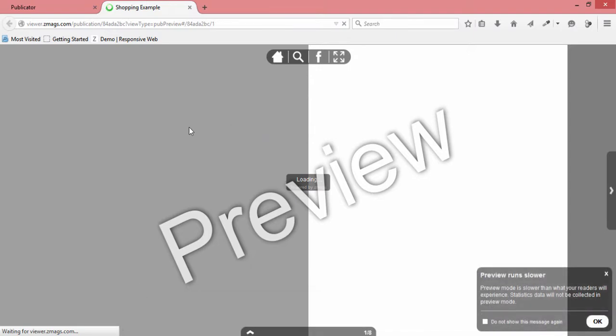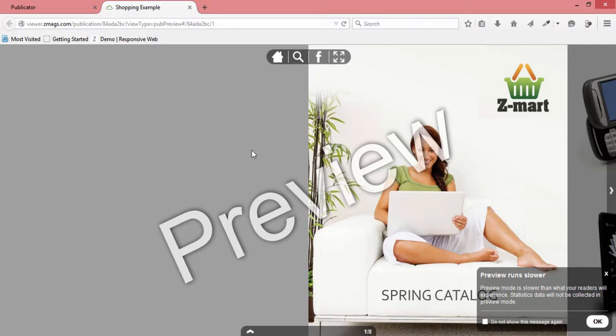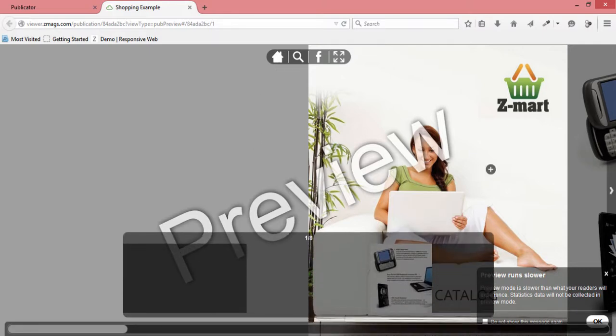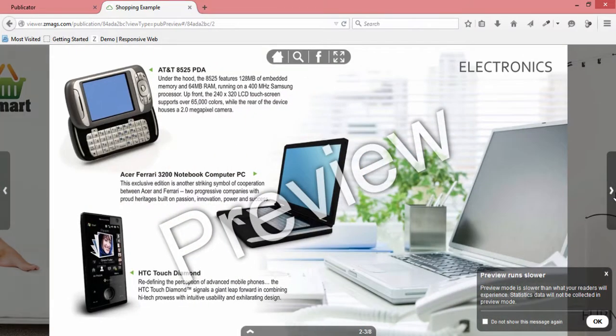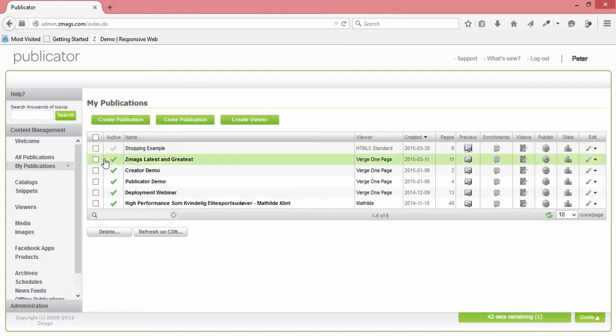In the preview, you can see the viewer template. The viewer template is the background, the menu at the top where you see the different features that your readers can use, the thumbnail navigation down here at the bottom, and of course the navigation arrows to the left and right. If you'd like to customize these features, go back here to the menu to the left and select Viewers